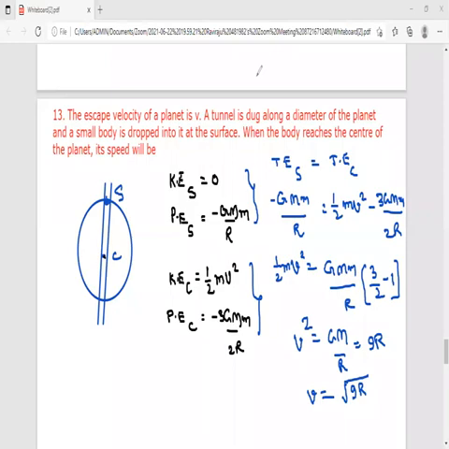What is the formula for escape speed? The formula for escape speed is root 2gR. So here we got the answer, that is escape speed by root 2. Root gR can be written as root 2gR by root 2 only. So according to the given options, this will be the correct answer. All of you understand here? From the surface, a small hole is made and a particle of mass small m is dropped from it, and they're asking what the speed is while it is reaching the center. Then finally you will get root over gR only.